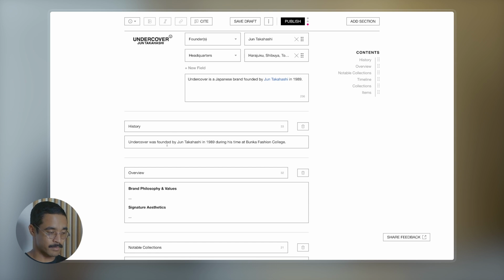The same thing also applies for making text bold as well. Let's say, for example, we have Undercover. We can go ahead and make it bold. And then we can also unbold it as well. In terms of conventions used for making text bold and italics, usually we want to have subsections bold, and italics